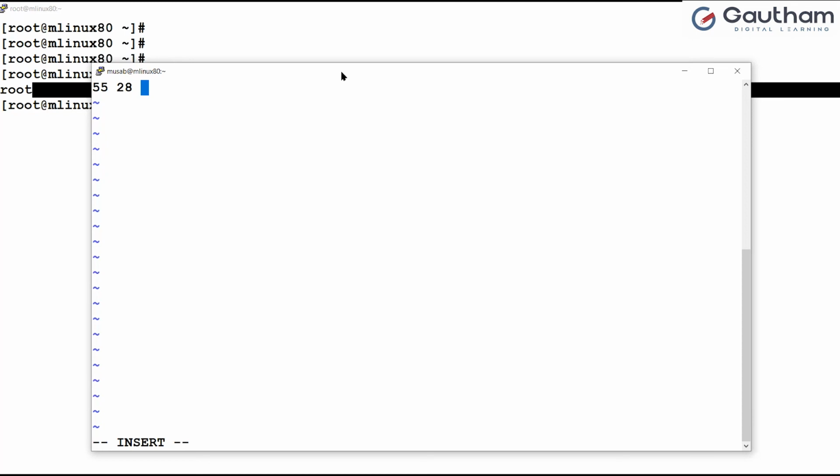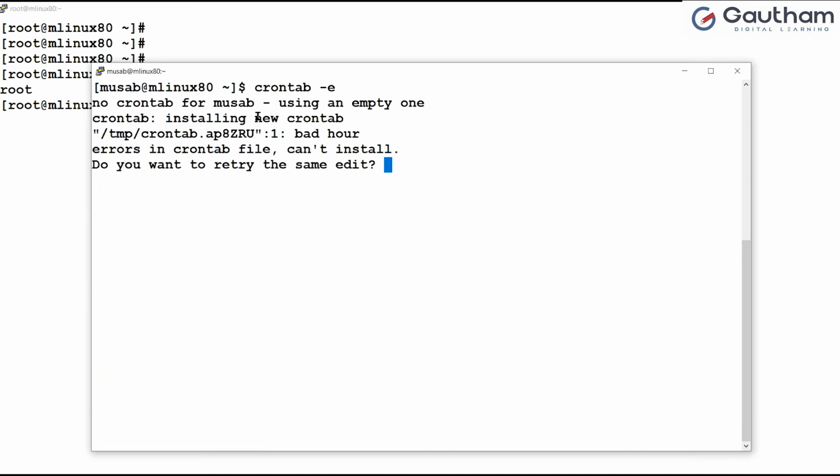55 minutes. I have to give 18 hours. I have given 28 hours. On 7th October, it can be any day. I want to create a directory in my home directory. Tilde represents home directory. So in my home directory, I want to create a directory with a name called mydir, right? Now, if I try to save it with errors, it will stop you and it will tell you